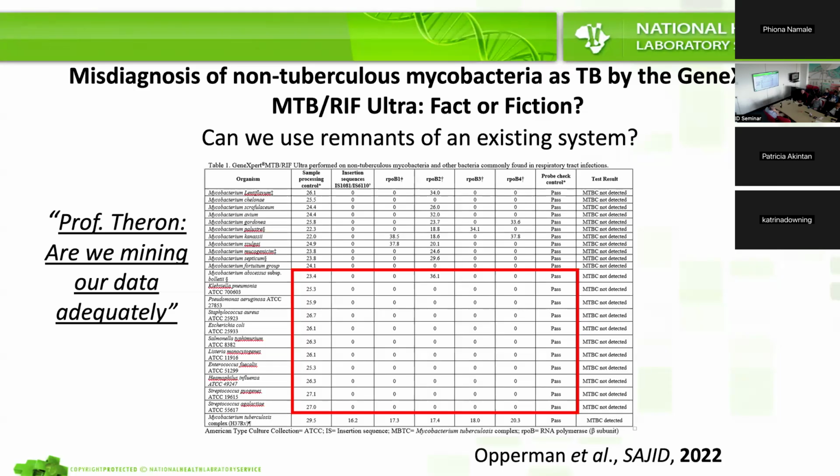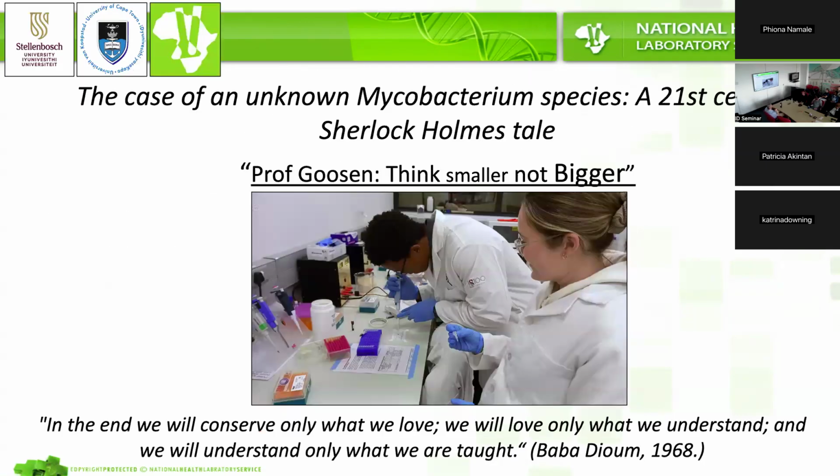So if you have that patient that gets repeated GeneXperts, repeatedly negative for the insertion segments, but the sister tells you that there are radiological signs and constitutional symptoms, then by just looking at the data and seeing that the RPOB signals are coming up positive, is that a soft sign for us to maybe think, is this a potential NTM that we're looking at? It's just a bit of food for thought. It needs a lot more investigation, but it's data that we already have available and that we can look at.